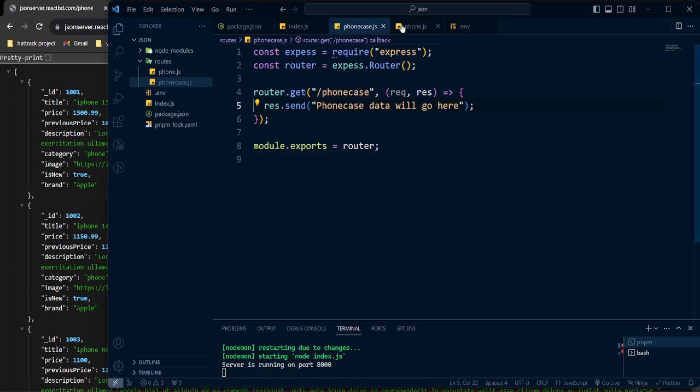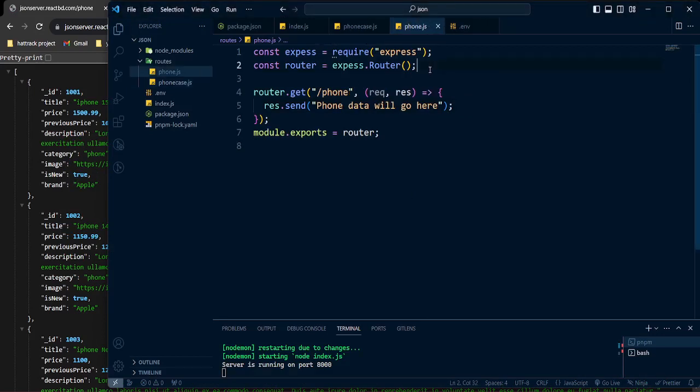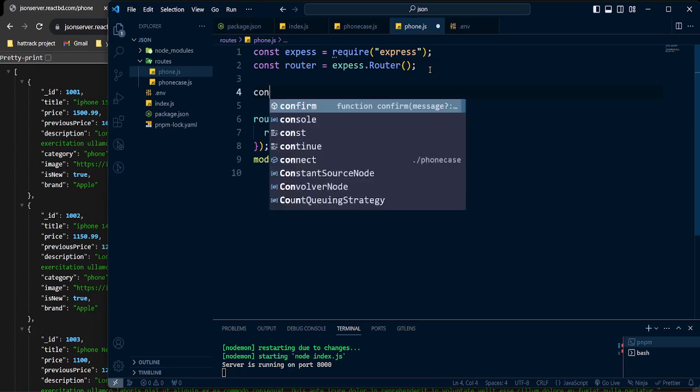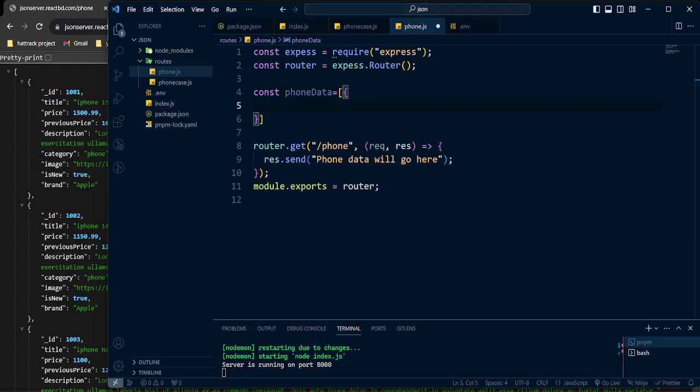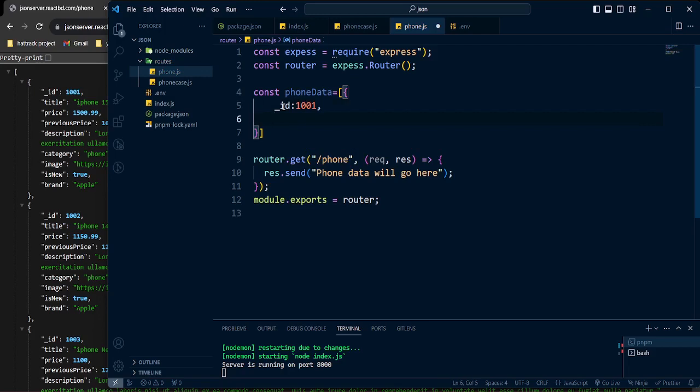So now here, okay, phone, I'm going to pass a parameter, so it will be phone data. Now here I'm going to pass everything inside an array, and that array is going to take all the other things as an object, and that object will take an ID, which is going to be the ID we are going to give. And then after the ID, we're going to give the title, oops, it will be clone, and you need to pass